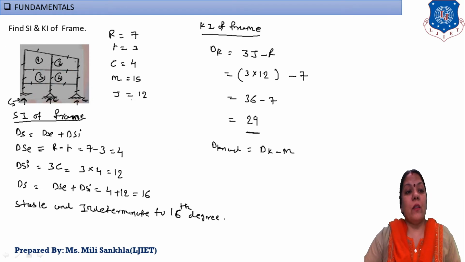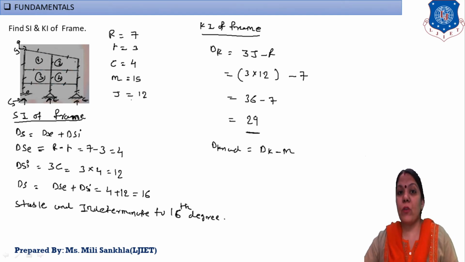This joint is allowing for 3 degrees of freedom, 1, 2 and 3. Number of joints are 1, 2, 3, 4, 5, 6, 7, 8, 9. That means 9 3s are 27. And here fixed support is given. Fixed support is allowing for 0 degree of freedom. Hinge support is allowing for moment, that means 27, 1 and 2, 29. Clear? 29 answer is right.